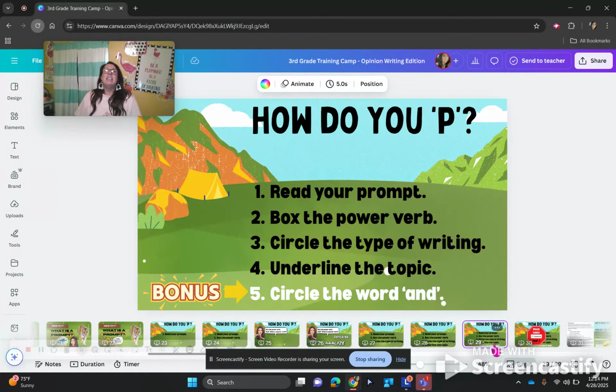And it's important to circle the word and to make sure that we answer both of those things that they're asking us to do. So those steps are how you pull apart a prompt, okay? So hopefully that helps walk you through exactly what you need to do in order to pull apart the prompt. So next time when you're seeing a prompt, you're not looking at it and being like,